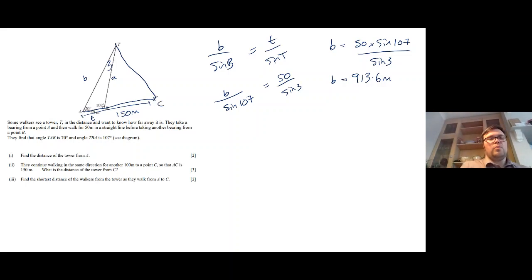So here, if I cross B off here, we know that this is 913.6 meters. We know the angle there, 70, hasn't changed, and we know this length here, which is 150. So we do have that SAS, where we have this side, the angle in between, and that side. I know the diagram is getting a little bit cluttered, but it will make sense when you look through it. So as we're going that way and that way, we can now work out the distance from the tower to C using the